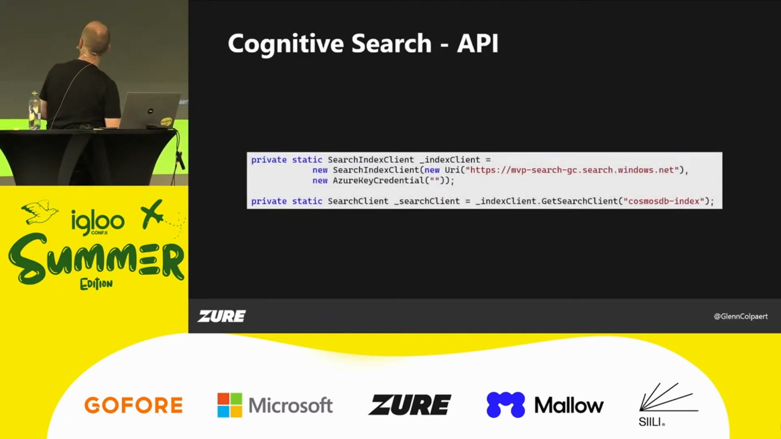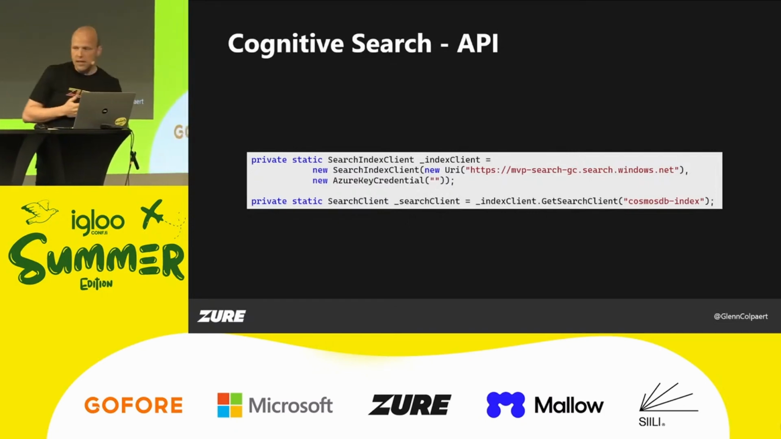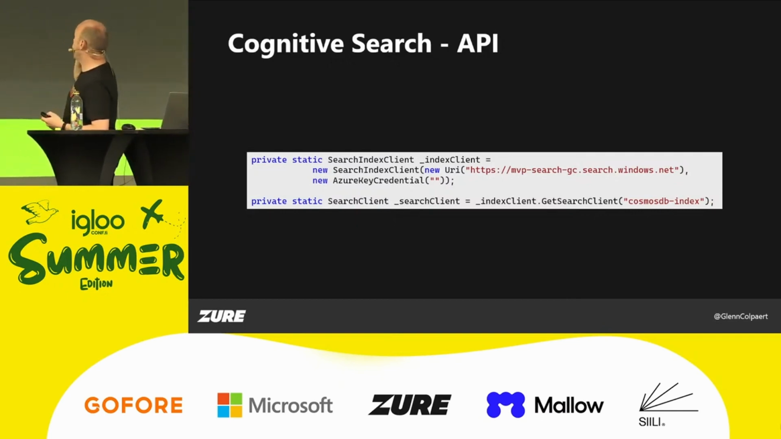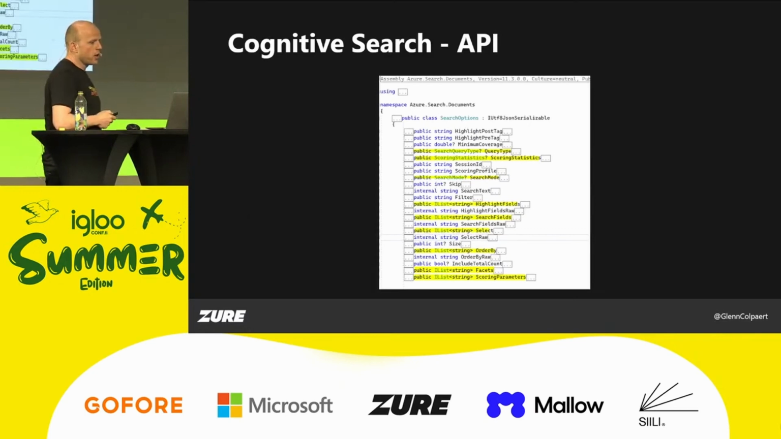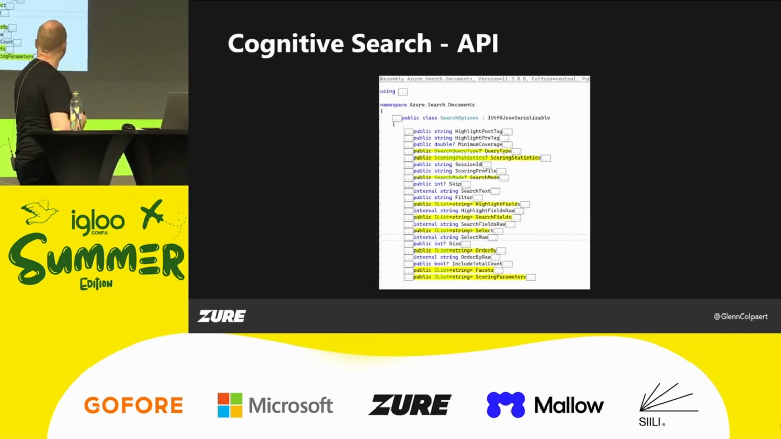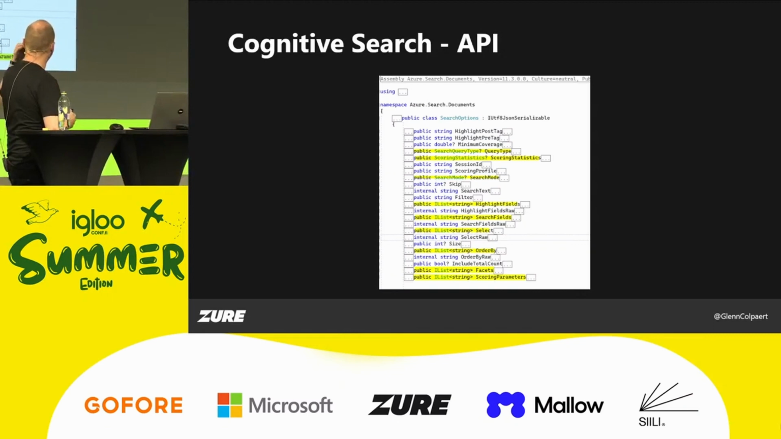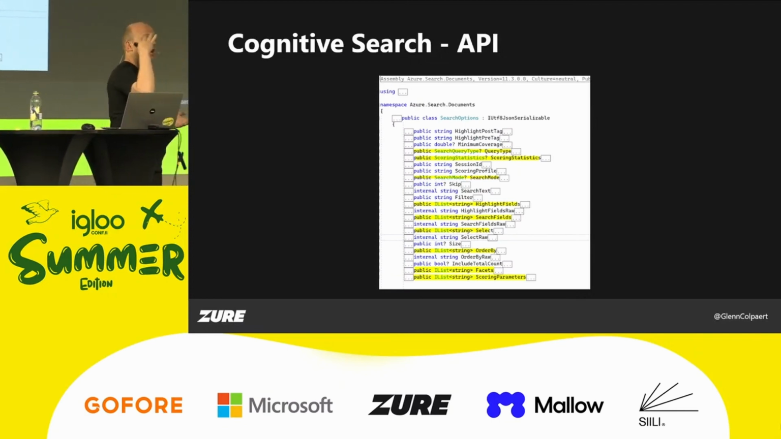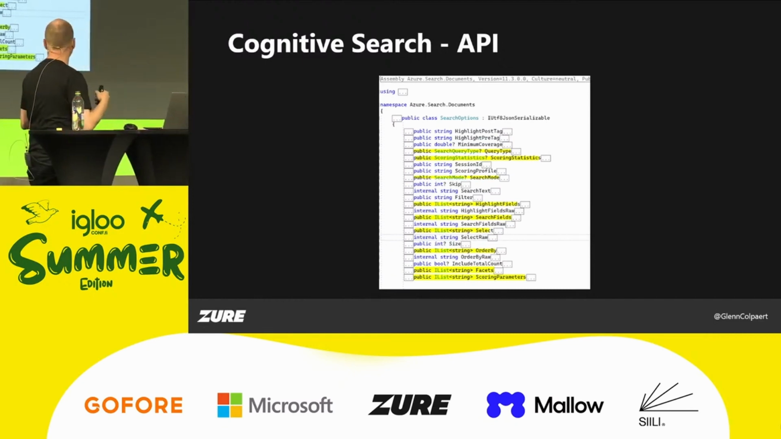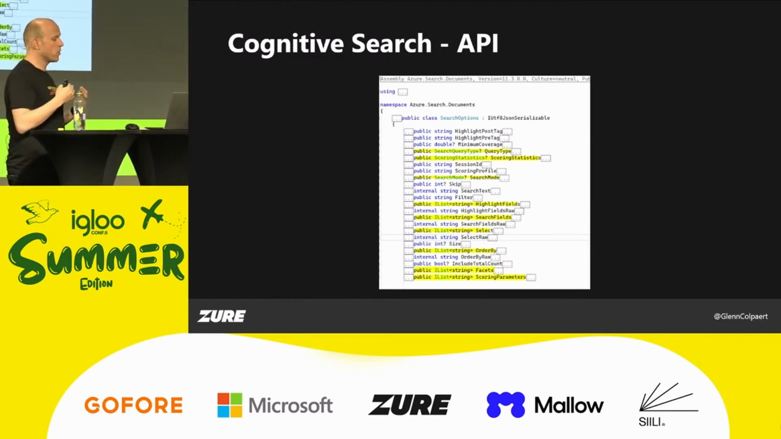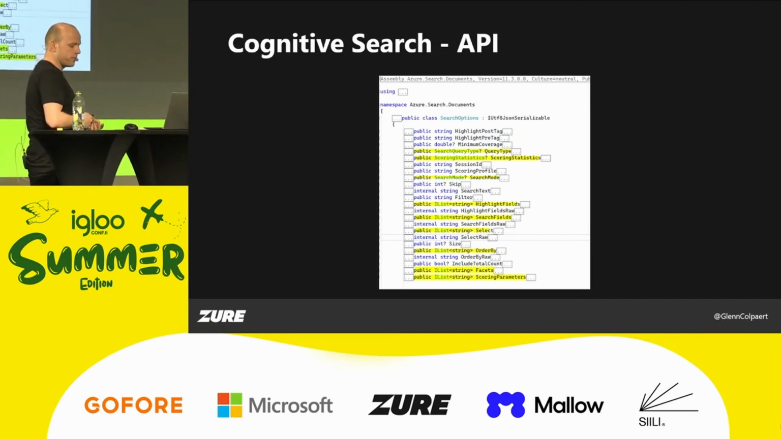There's an SDK available, and what you need is an indexing client. You give it your URI, you give it your credentials, and then you can start creating a search client. The API also has a lot of things available. As already said, these come back into the configuration that you do from within your index. So if you want to filter on certain fields, or do order by and so on,